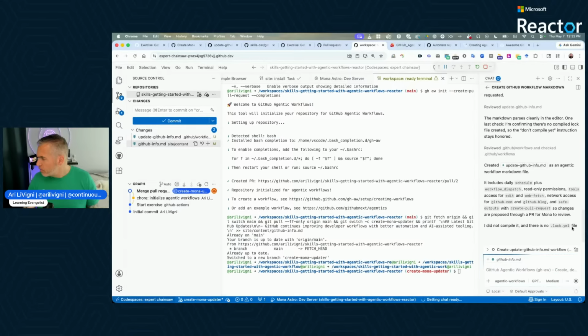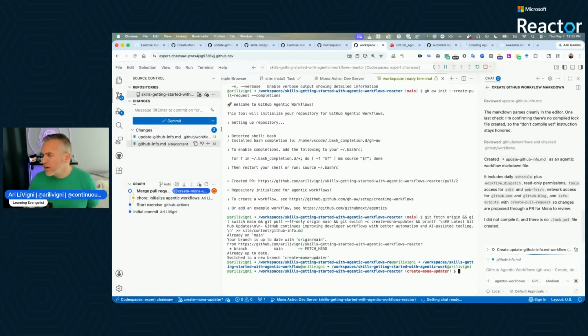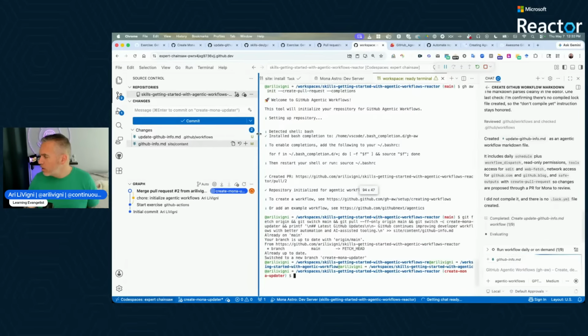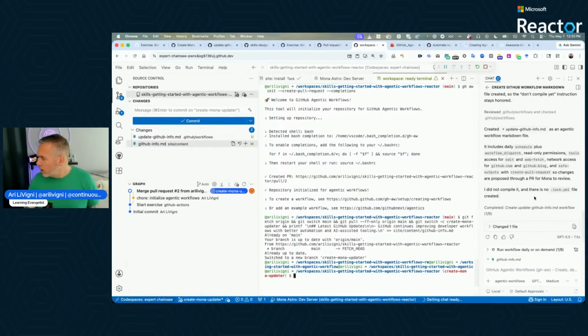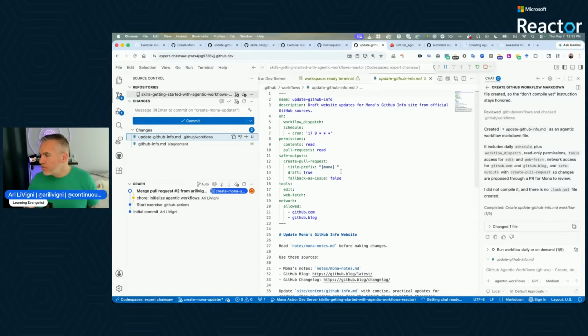And we should be wrapping this up. When you compile is when we create that lock file, so we'll see what that looks like too. It also creates an action file, lock file as well. So we did that. So now if we open up this file, what you're used to doing in Actions is